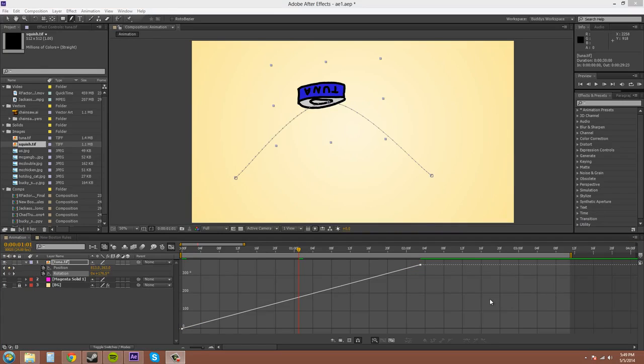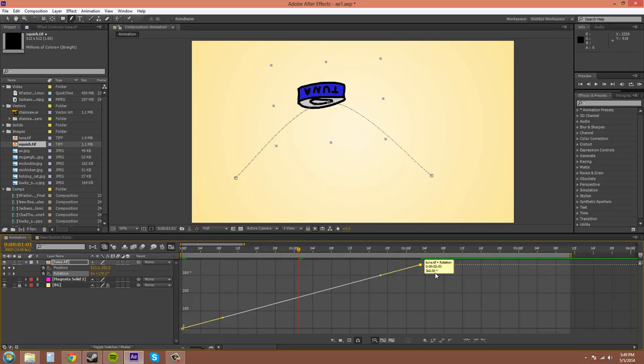So that is the end of part 2, where I showed you how to manipulate the keyframe points in the graph editor, and I showed you how they affected the velocity. I hope you guys learned something from the tutorial, and if you have any questions, be sure to leave them in the comments, and I will try to get back to you and try to help you out in figuring